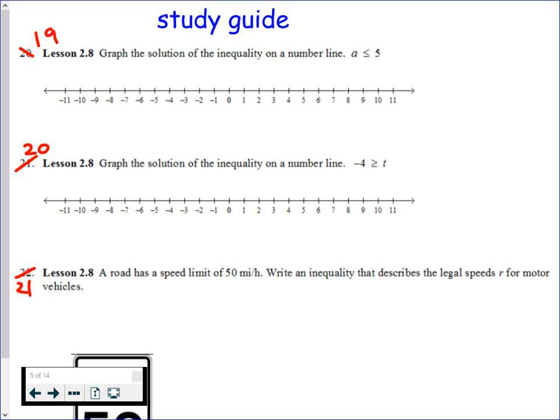It's really hard to continue today's lesson if you don't have a good understanding of yesterday's lesson. So I wanted to review that quick on the study guide. If you look at 19,